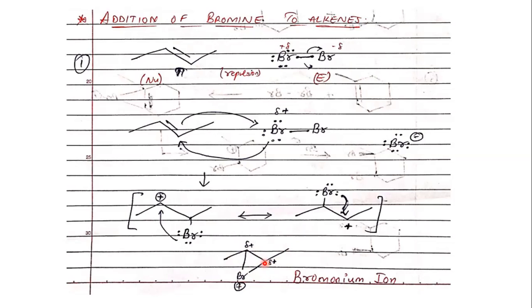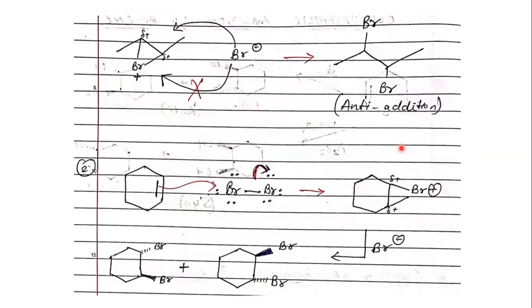So the first step in addition of bromine to alkene is your bromonium ion formation. Pay attention here, still we have only added one bromine atom. The other bromine atom is still left. Now what happens in the second step is the second bromine atom, the Br minus that was formed earlier, is now going to attack. The issue here is either it can attack from the top or it can attack from the bottom. It cannot attack from the bottom because of the bromine that is already present here. So obviously the bromine will attack from the top.